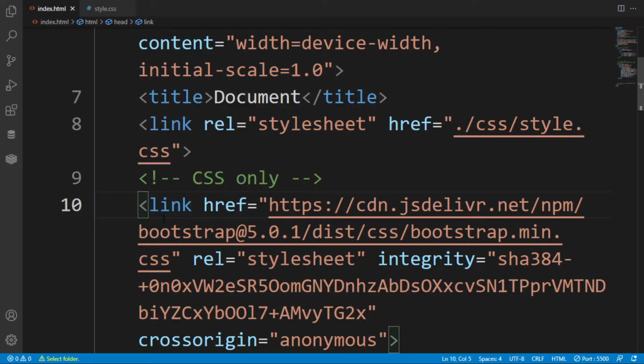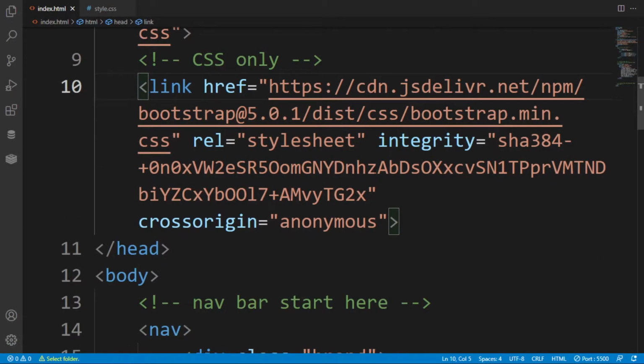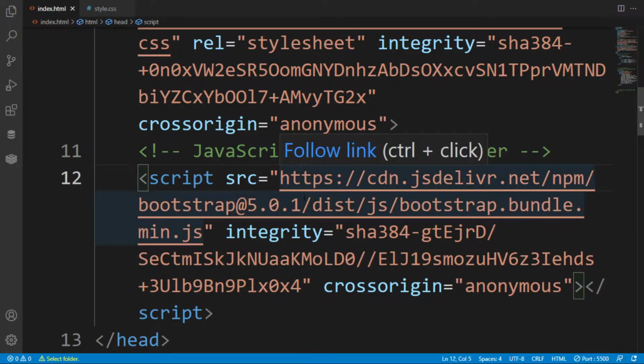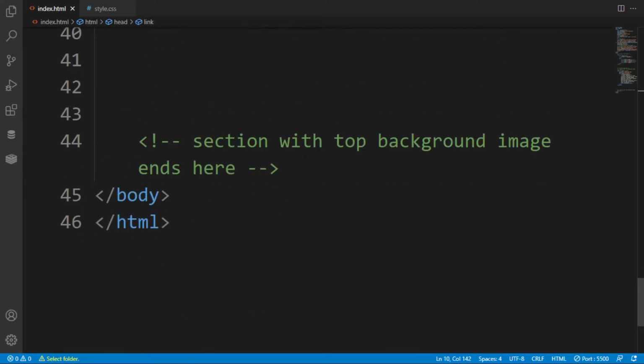I have linked my CSS. Then here is the JS. Copy this. If you don't know Bootstrap, it is an open platform from which you can develop your web page faster and more accurately, and with few lines of code you will be able to build things which require a lot of time or hours.